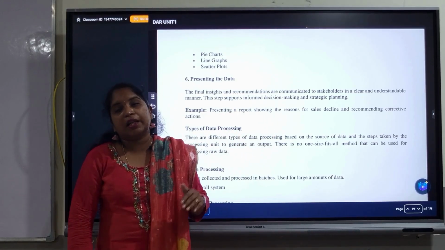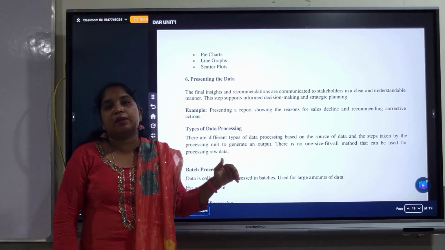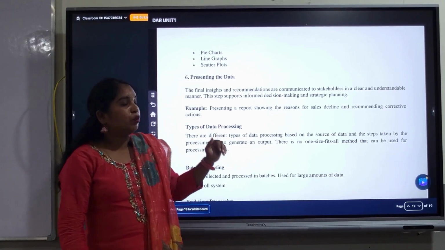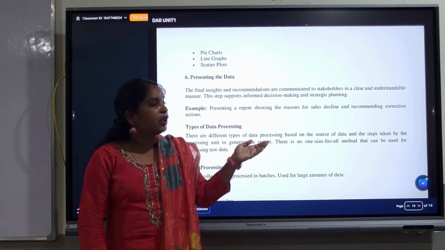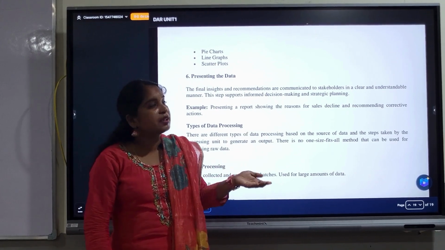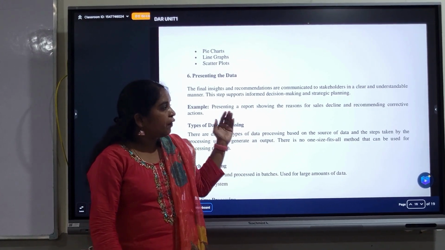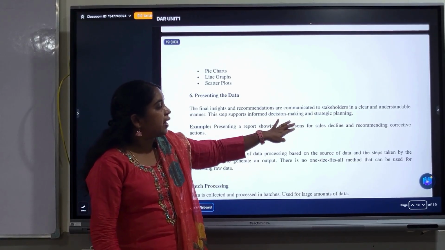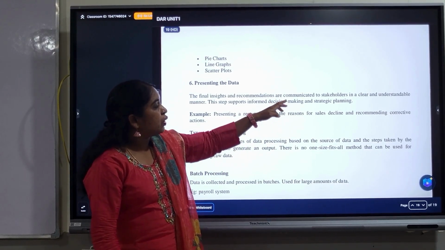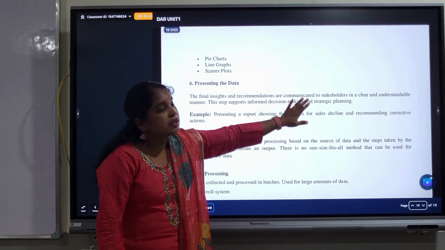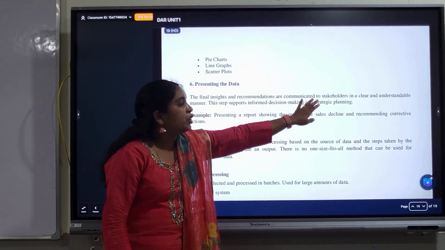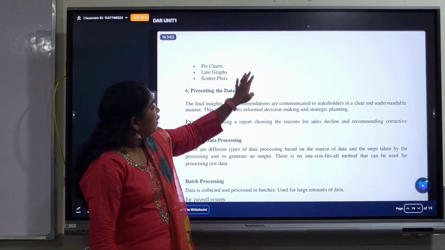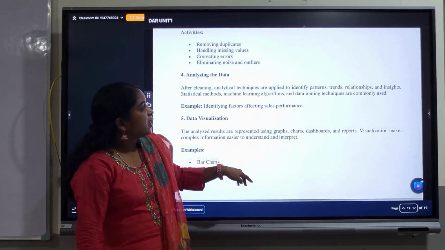Based on all the analysis reports, we should suggest business strategies to the stakeholders, on how they can improve the business and the sales for that particular region or period. We should give better suggestions to the stakeholders, that is, to the users. So this is all about the data analysis process.